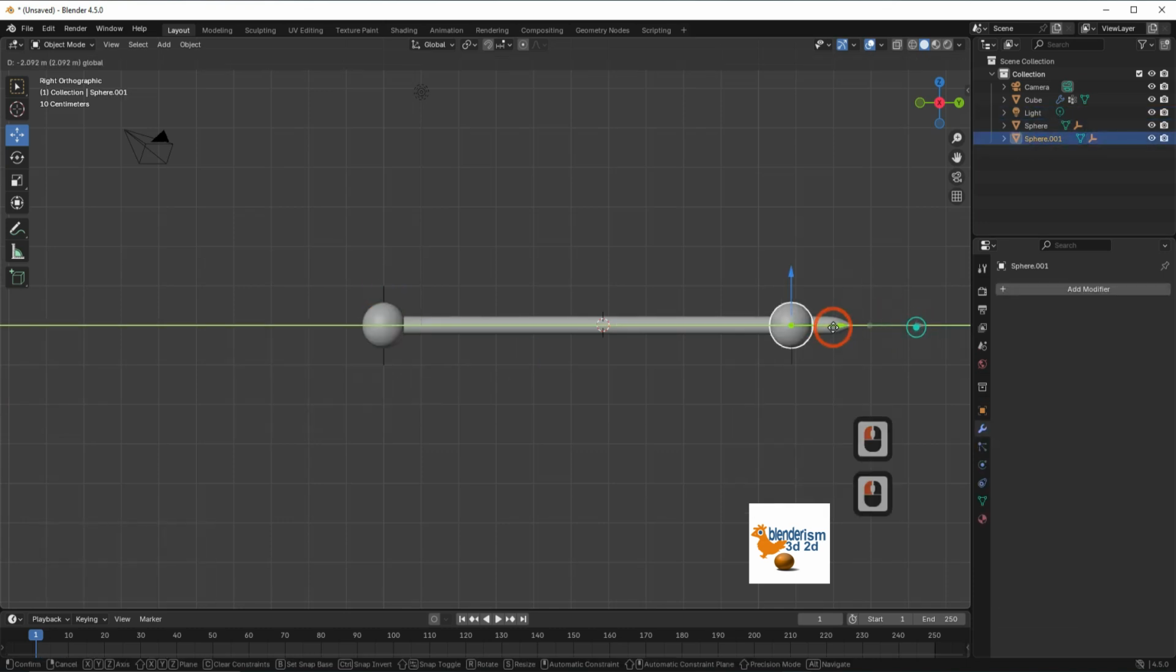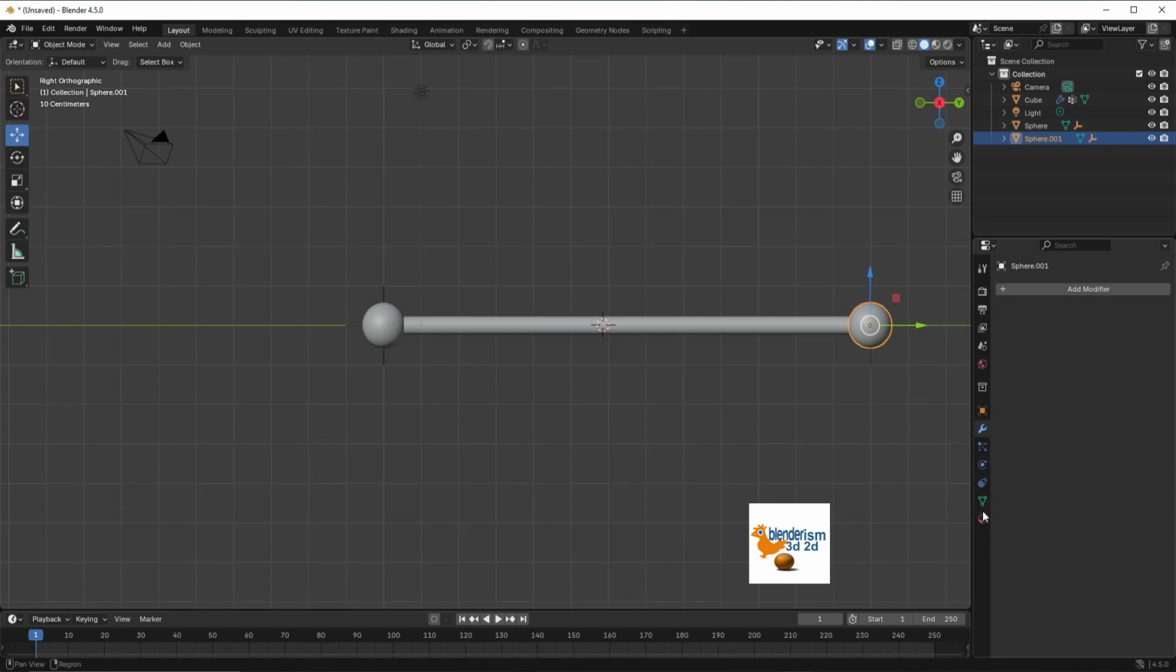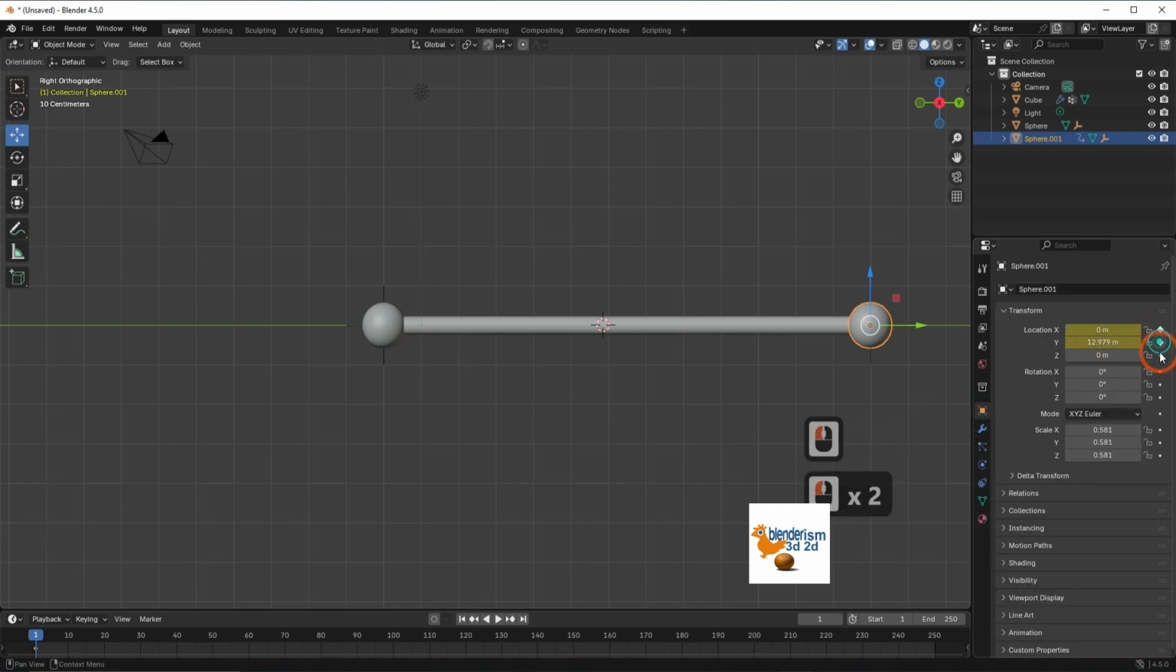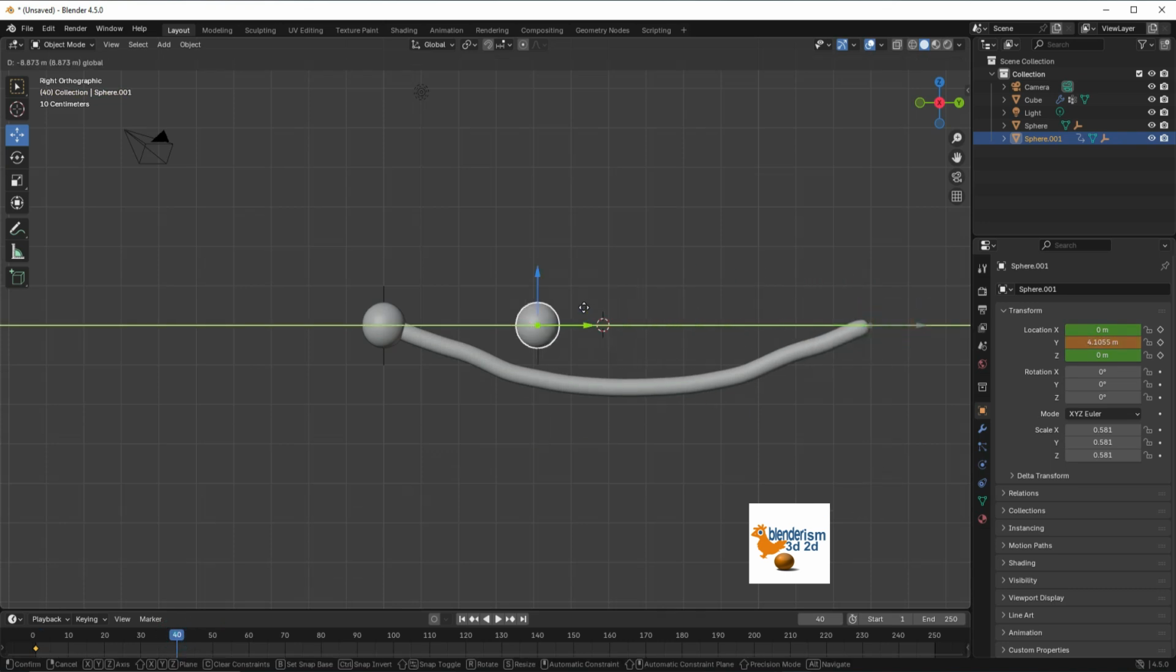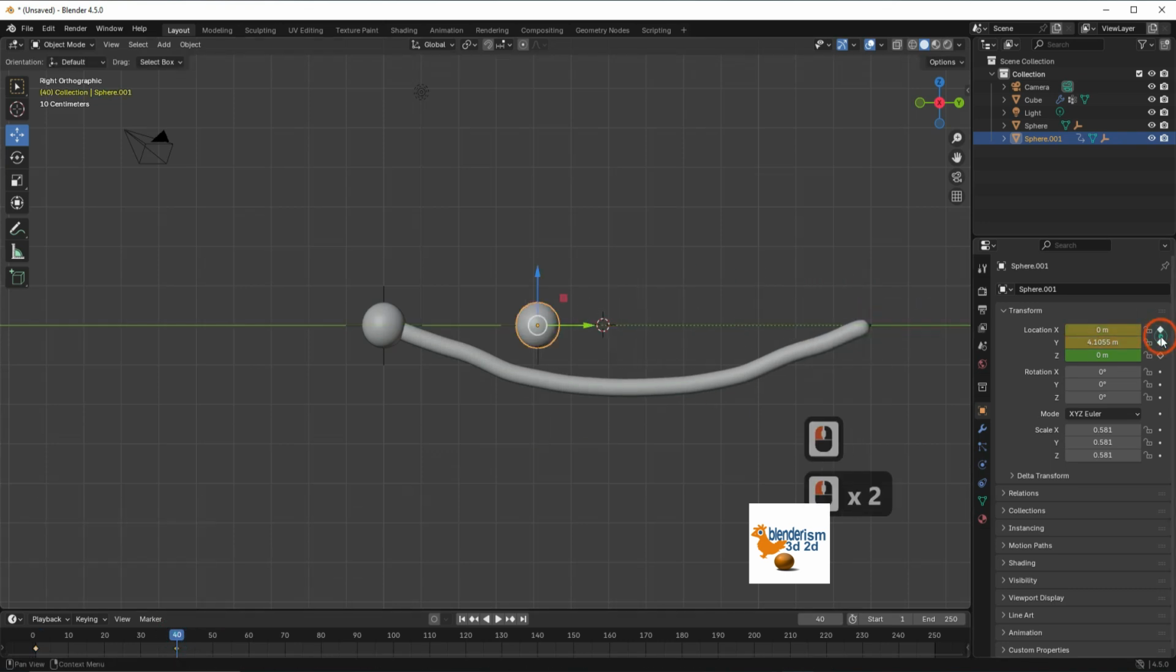Select the sphere at the right side. Go to Object Properties and add Animation Frame key, go to frame number 40 and move the sphere to a new position, then from the Object Properties add New Animation Frame key, go to another frame and move the sphere